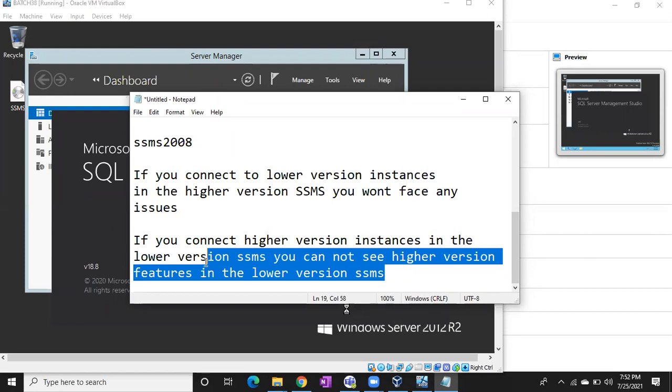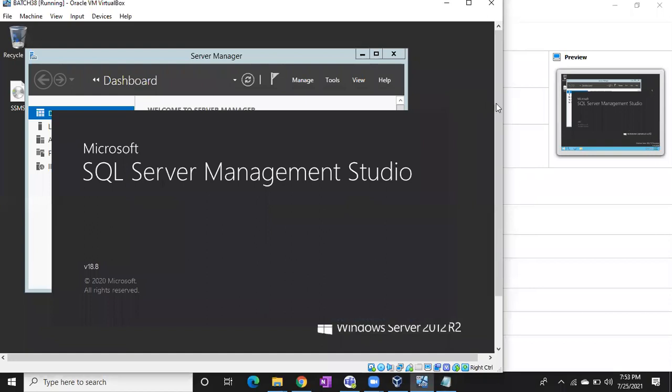Sometimes in a server, you can see multiple instances of multiple versions. If you connect to a 2012 or 2014 instance in 2008 SSMS or 2005 SSMS, you cannot see that feature. You will worry, why can I not see it? The problem is your SSMS is lower version, whereas your instance is higher version. So higher version features are not visible in the lower version of Management Studio. Clear, right? Fine. Let me connect to the server remotely.